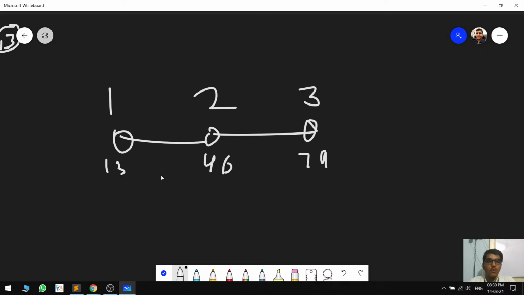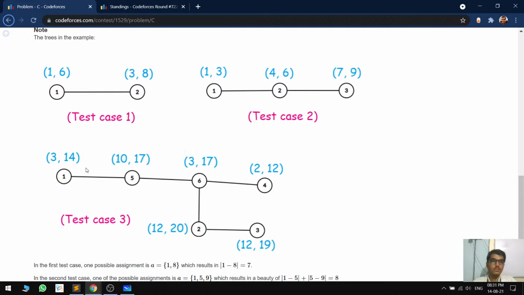That is, one thing is sure that, okay, if I take 6, 7, 9, 9 minus 6 is 3, after 8. But if I take 4 here, the answer is 4 minus 1 is 3, and 9 minus 4 is 5, then also 8. So the answer will be, so this test is,